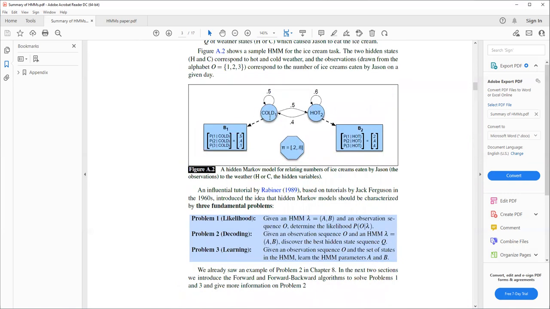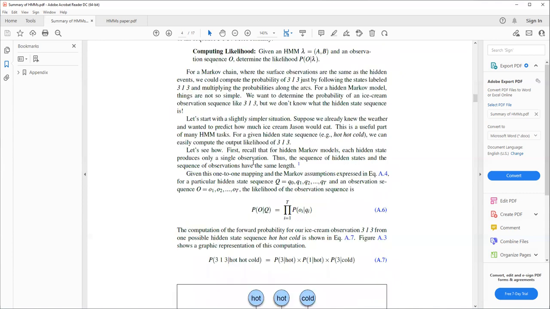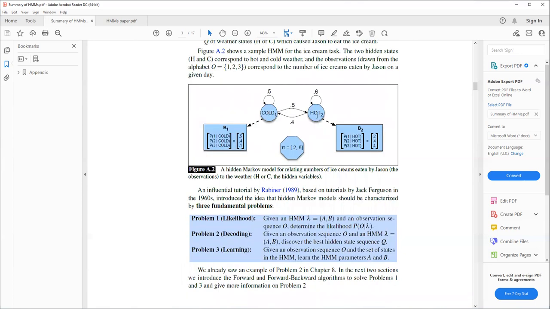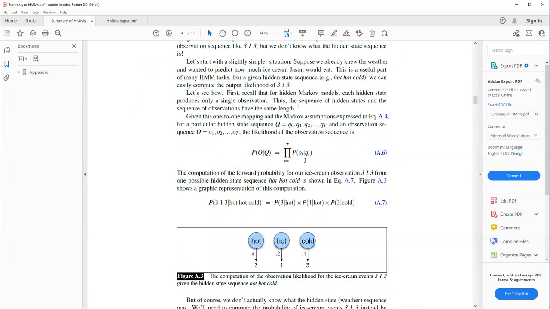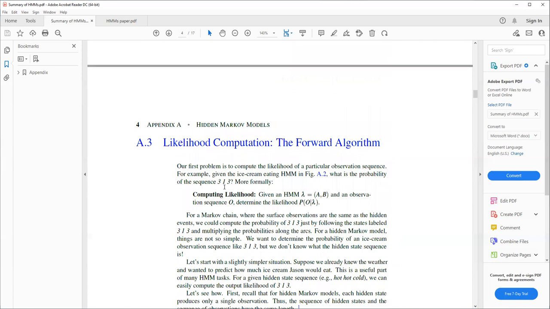The answer to that, and we discussed this in the last lecture as well, is that we can observe 3 in possibly 2 different states. It can be either in the cold state or in the hot state. And for each of these, we'll have to take a product over each of these states. So if it's 313,